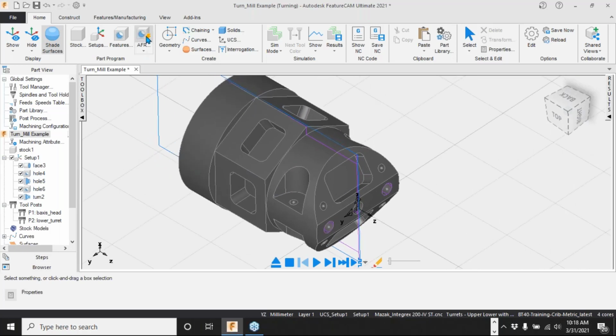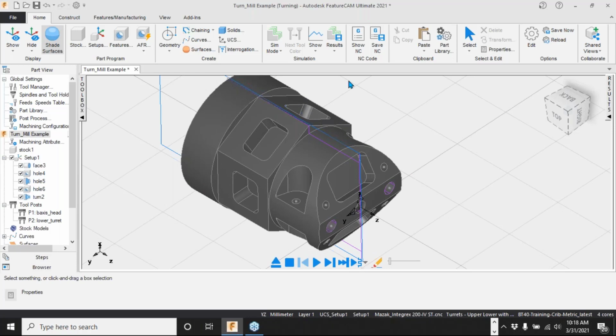So along with AFR, we also have what's called IFR, which is interactive feature recognition. So this is where we can start picking features manually, and I like to call it semi-automatically because it does give you the option to recognize features when you point it to a surface, and you can automatically recognize features depending on the surface that you're pointing it to. So in features,